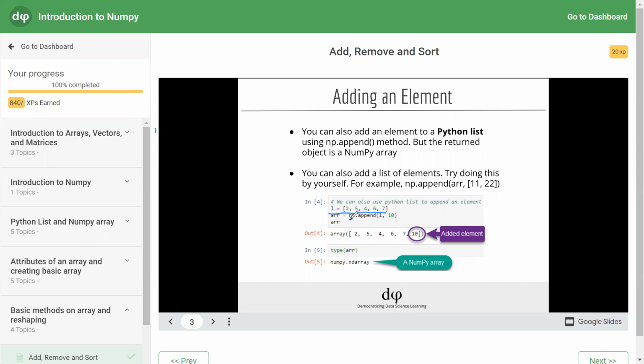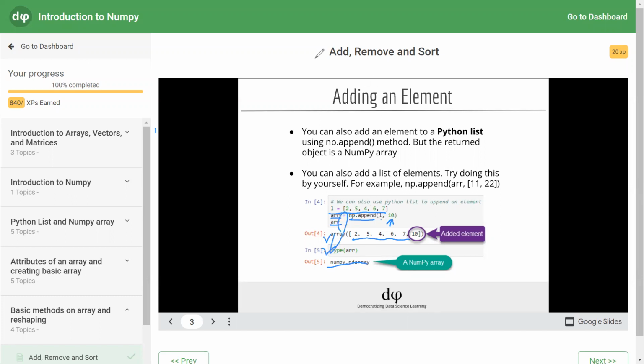Now you run np.append method on the list and you pass the element to be appended, 10. So 10 will be appended to the list, but it will be stored in ARR as a NumPy array. So after execution of this cell, you will get the output 2, 5, 4, 6, 7, 10. ARR is a NumPy array. When you check the type of ARR, you can see numpy.ndarray.